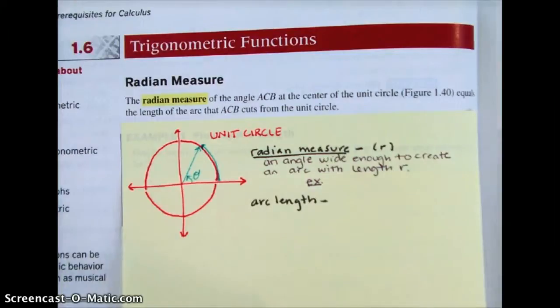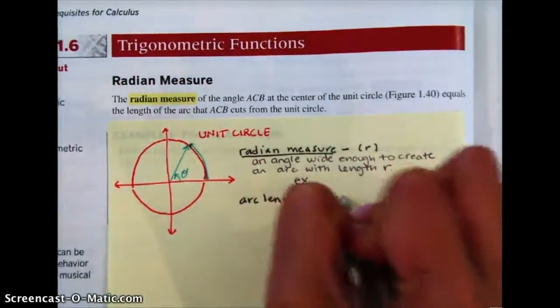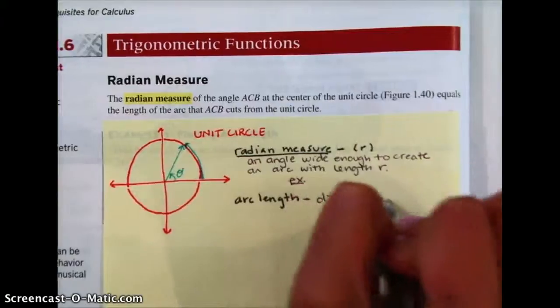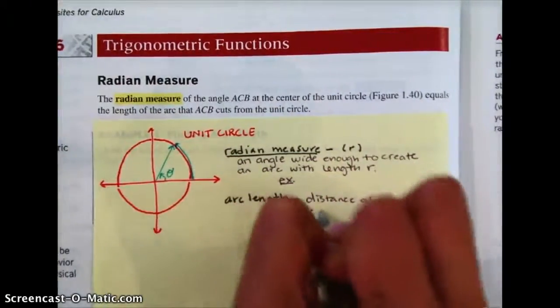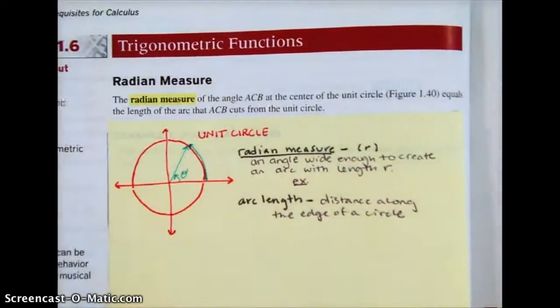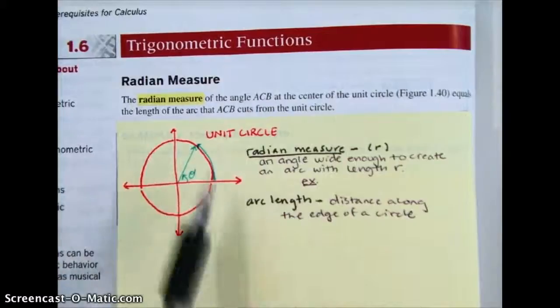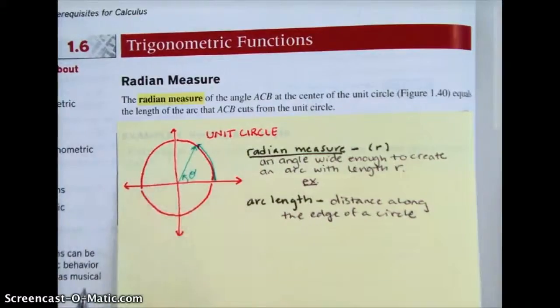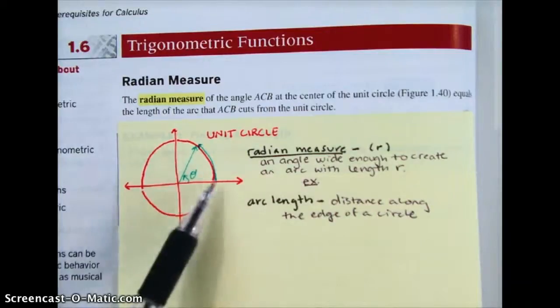Well, first you have to be able to think about arc length. So arc length is the distance along the edge of a circle. And we think of it as being part way around, like it's not the whole circumference, but the arc length is part of the way around a circle. When we measure using the units radians, what we're really doing is we're measuring in terms of the distance around